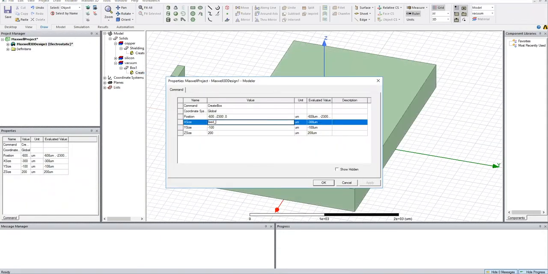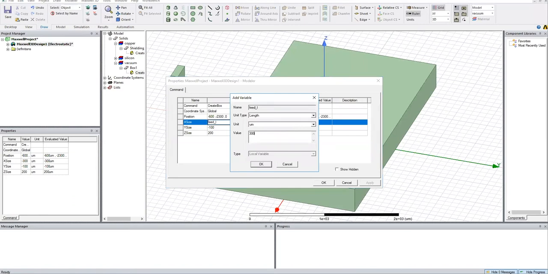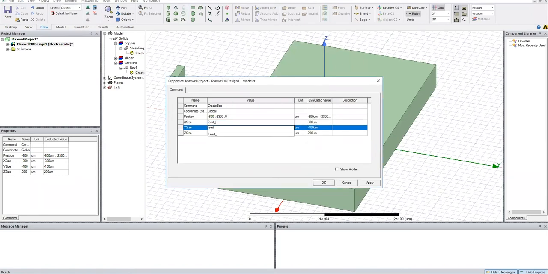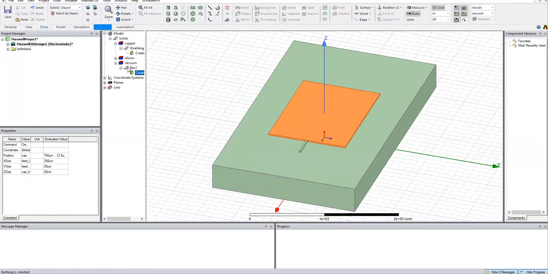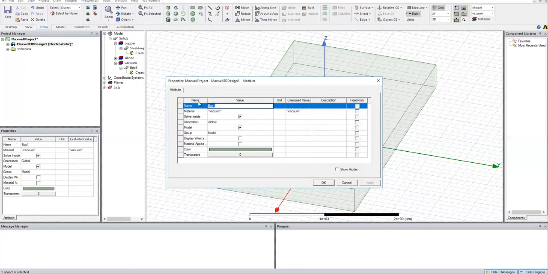Now we are going to develop contacting pad and feed line for our shielding electrode. These feed line and contacting pad actually act as a terminal where you will apply the voltage. As you can see, the height of the feed line is the same as the height of the shielding electrode. Then you can again change the name and assign the material, which is copper.